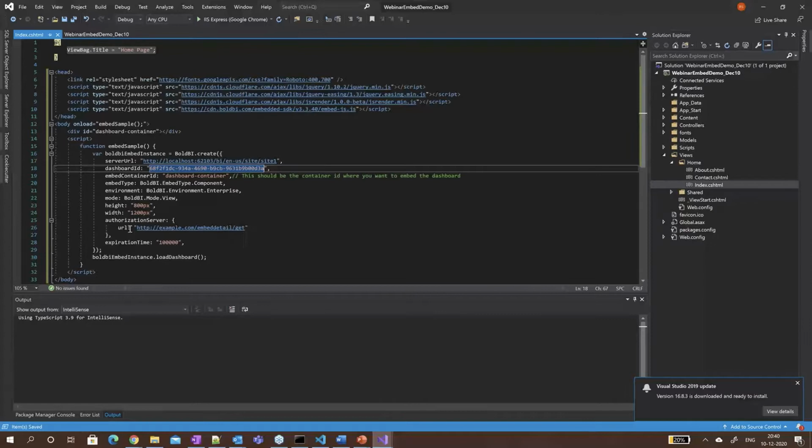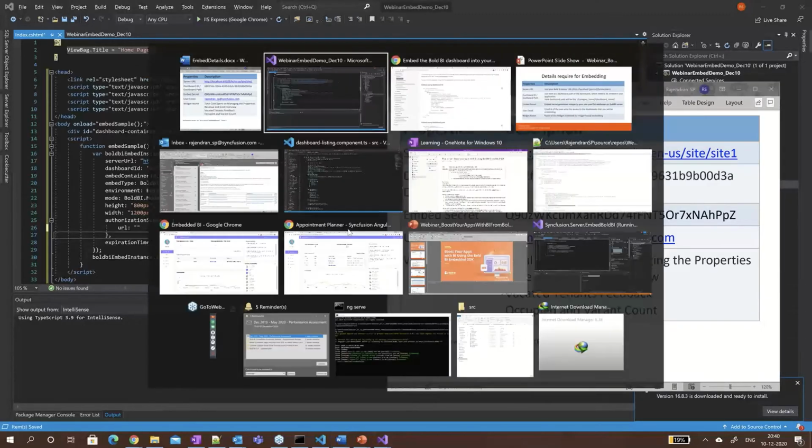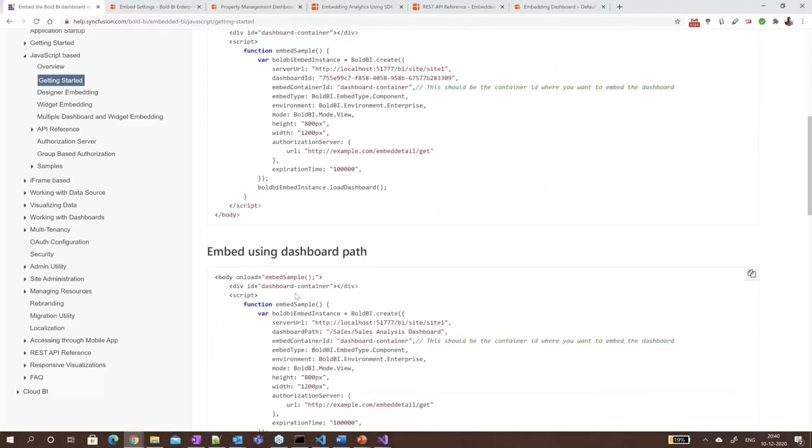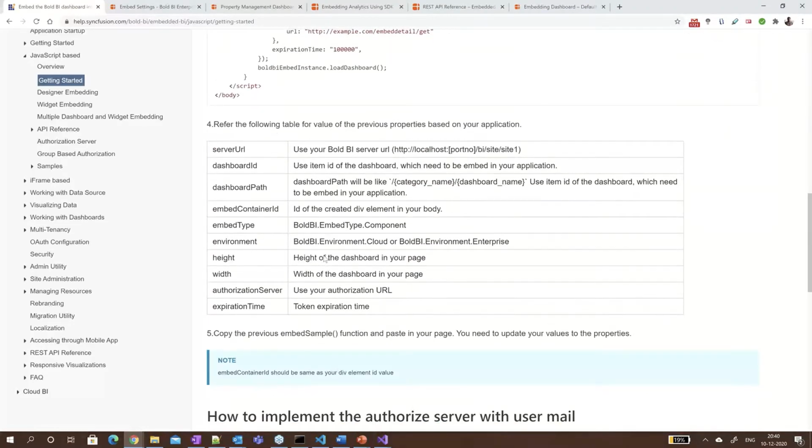We haven't implemented the authorization server, so for now, I'm going to keep this as blank. So let's go back to the third step. Sorry, fourth step.